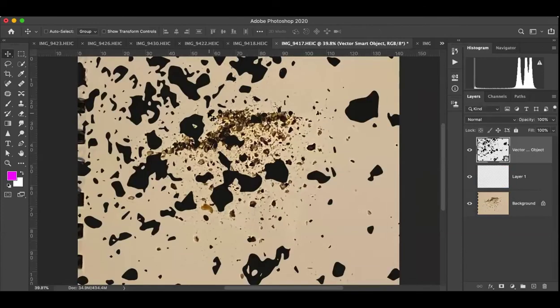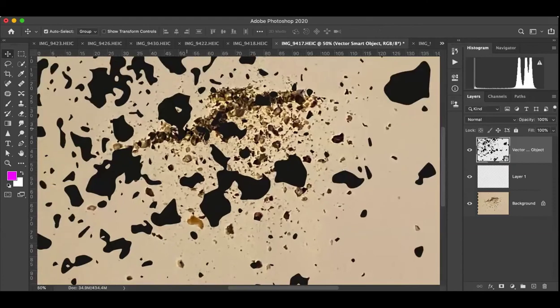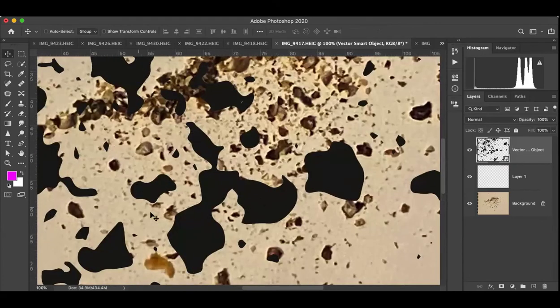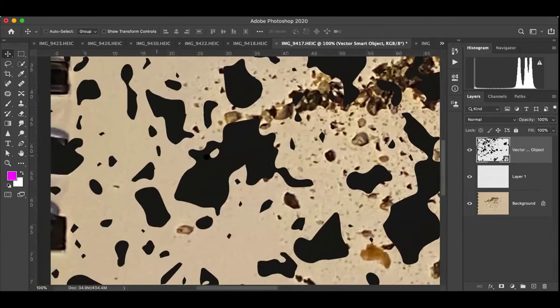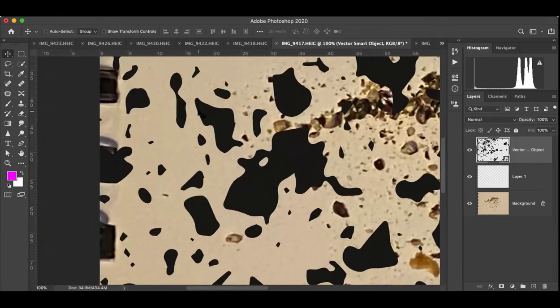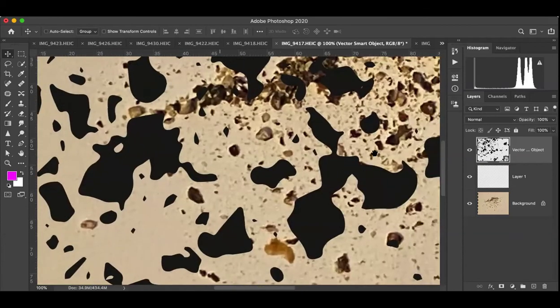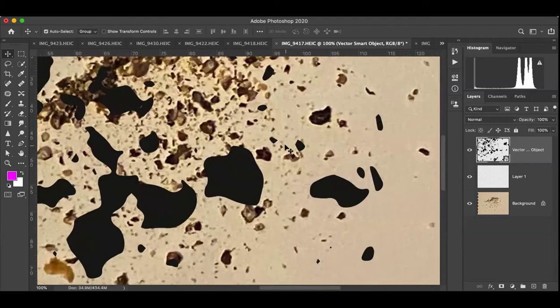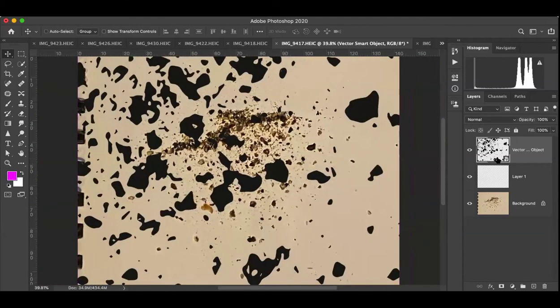Command 0, and you can see the quality that we're getting with these shapes. It's through that process of going through Illustrator, and this is where I was saying if you change the image trace in Illustrator, these could be a lot more geometric. I just put them on low so that it would get this more organic quality. Now I can't put this in the channels until I rasterize it,